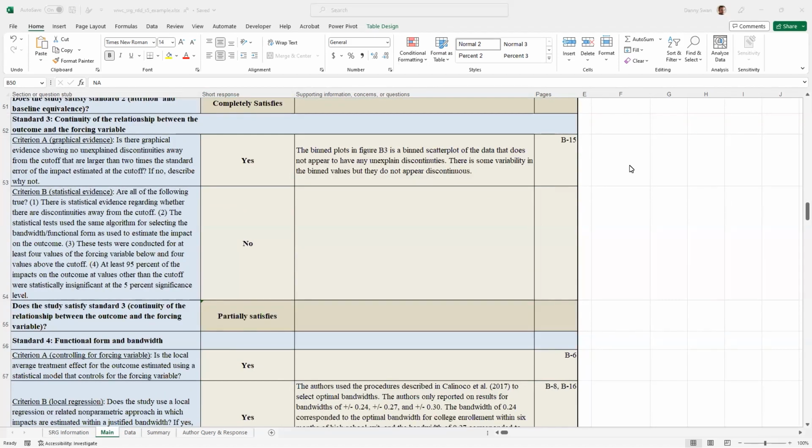Moving on to standard 3. So the first criterion is looking at whether there's graphical evidence that shows no unexplained discontinuities away from the cutoff, like large ones that are larger than 2 times the standard error of the impact estimated with the cutoff. This is one of those questions that's kind of tricky. Sometimes it's hard to